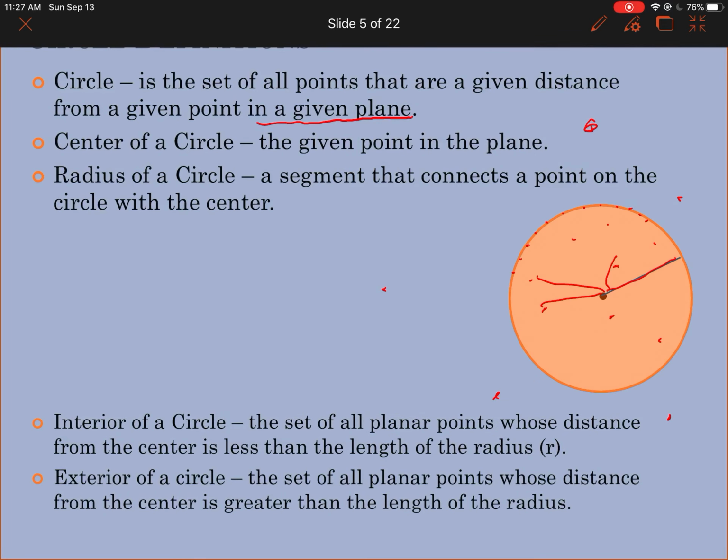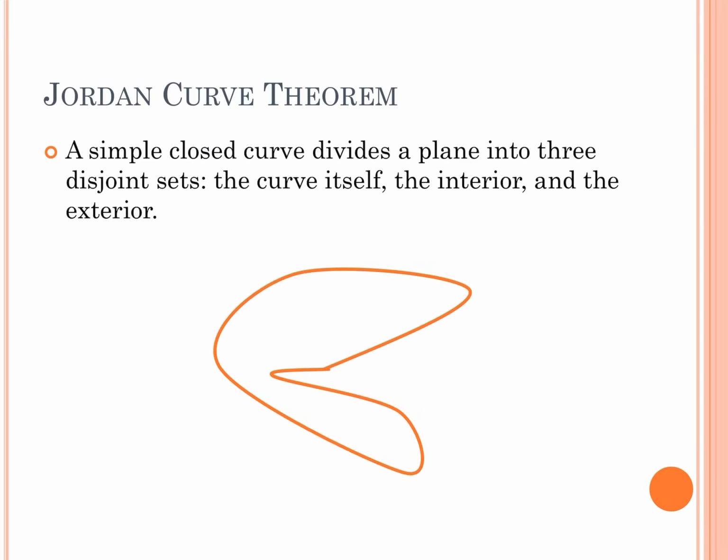And so that blue there would represent the exterior of the circle. There's a theorem here called the Jordan curve theorem. It's similar to the idea of the